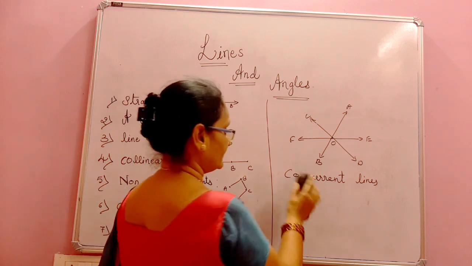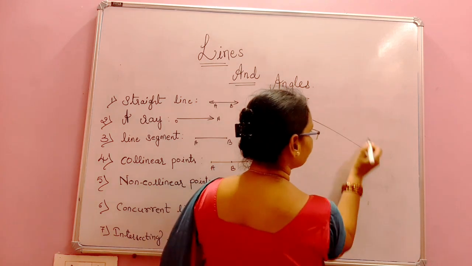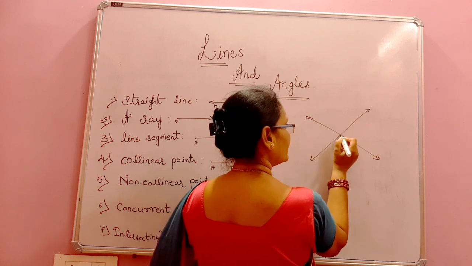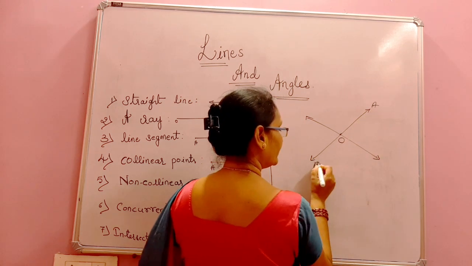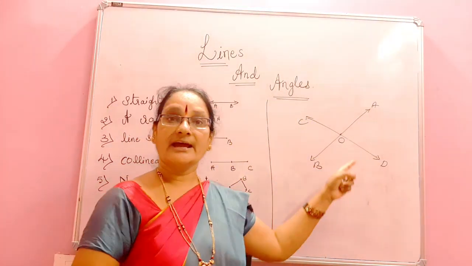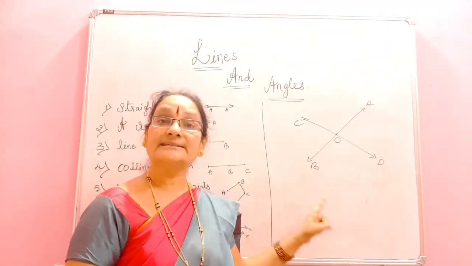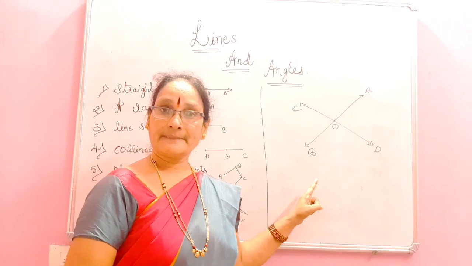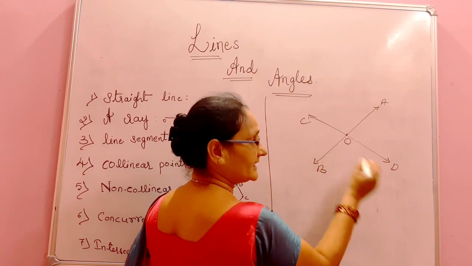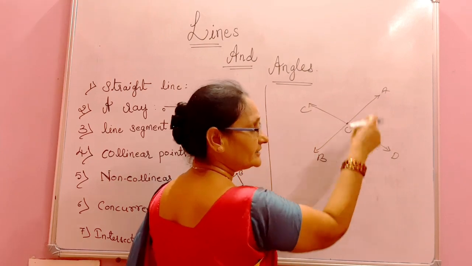Then the last line, that is, they are called as intersecting. What are those? Intersecting means, see, when 2 lines intersect each other. This is point O, A, B, C, D. When 2 lines intersect each other at one point, AB and CD are 2 lines, they are intersecting, they are meeting at one point. Which is that point? At point O. AB and CD are intersecting or meeting or cutting at one point,